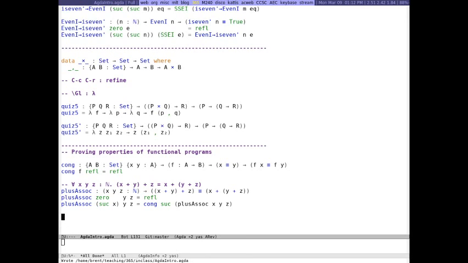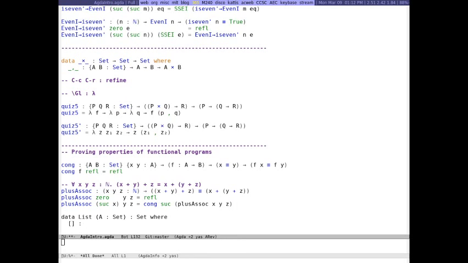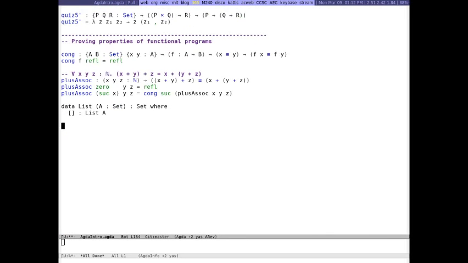All right. Let's now define some lists, and then we'll prove some things about lists that we've actually done on the homework. Okay, so we'll make a type of lists. So List A, or List set. Okay, so List takes a parameter which is a type called A, and it is a set, and we have two constructors. Empty list, which I'm going to write like that, and then